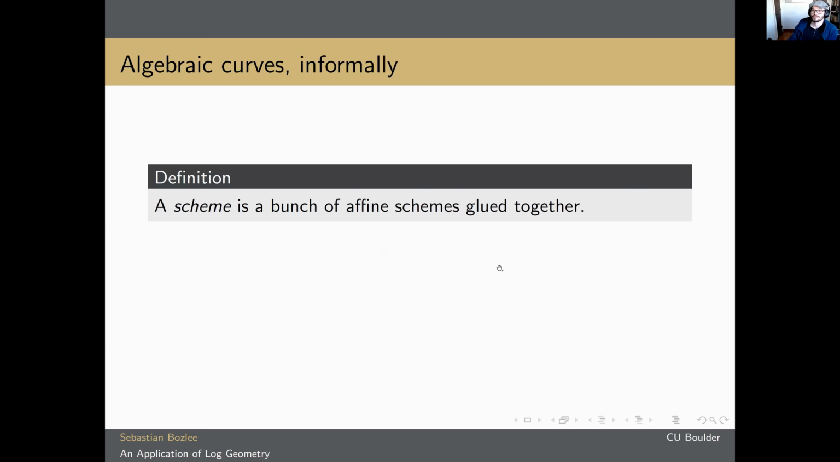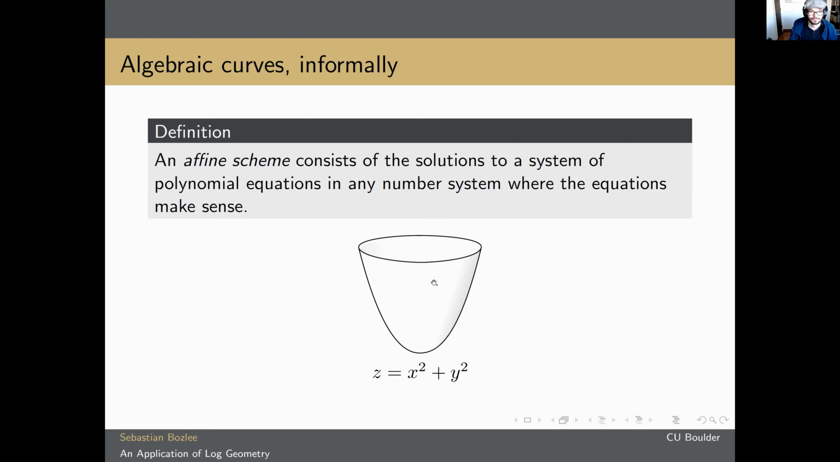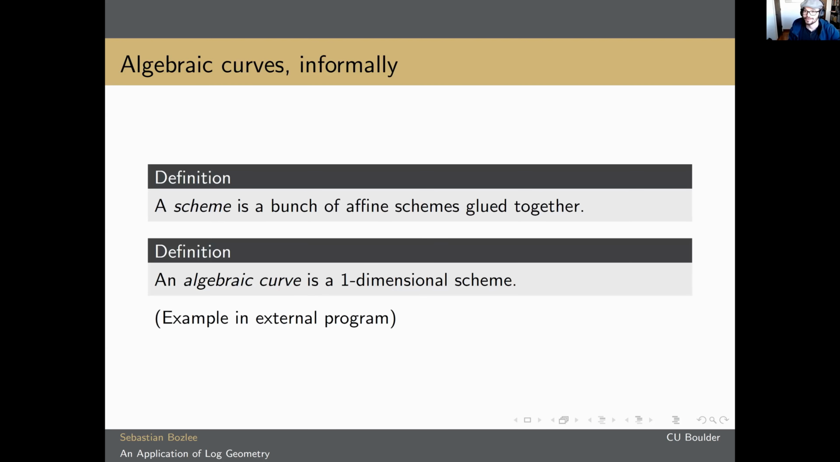Then from affine schemes, we can build up schemes. Take a bunch of affine schemes and glue them together. So if you're familiar with manifolds, this is a lot like the way in which manifolds are built out of Euclidean space. Once you have schemes, an algebraic curve is a one-dimensional scheme. So I want to show you guys a picture